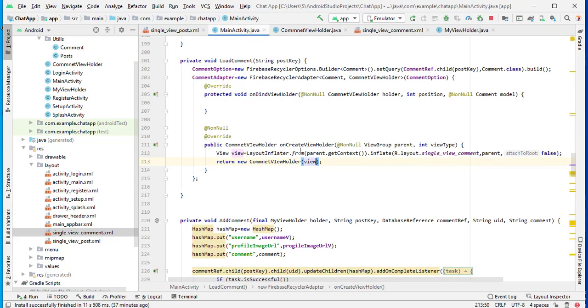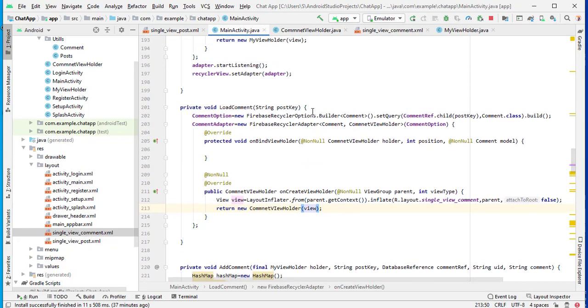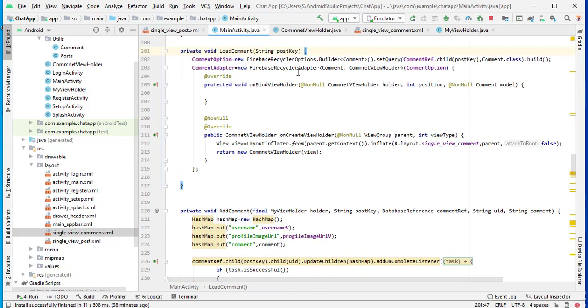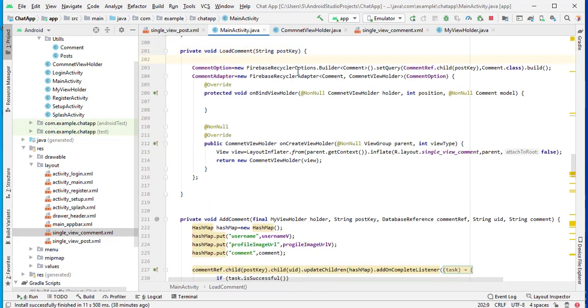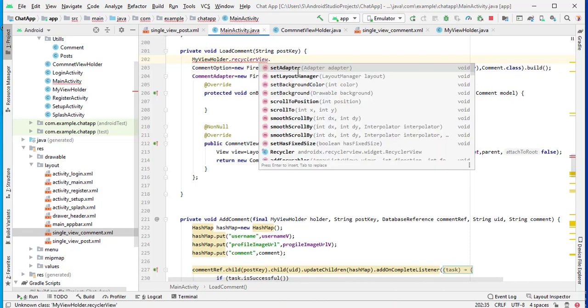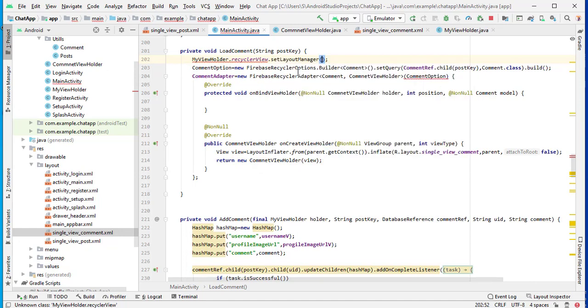So go to main activity again, and here we will initialize our recycler view. Here we will create view holder, my view holder dot recycler view dot set layout manager, and here we can pass new linear layout manager, and here we simply pass the context.